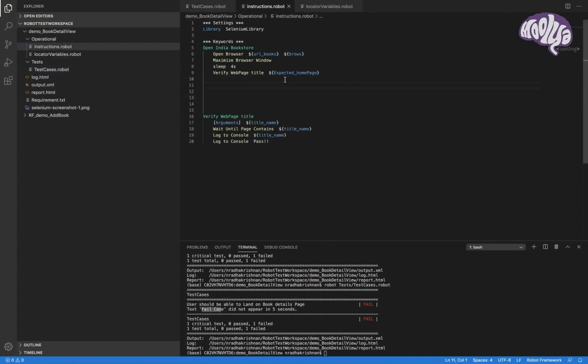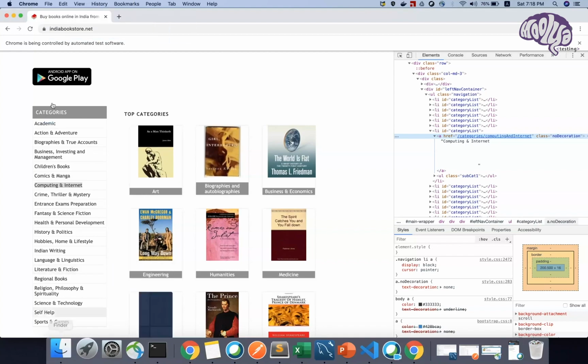The next keyword is, once it is success, the robot will look for the next keyword. If we have mentioned it, it will come here and look for navigate to category computing and internet. Under this, our script will be like, here I'm introducing a loop concept. Before going to the loop, let me find how many lists I need, the total list number.